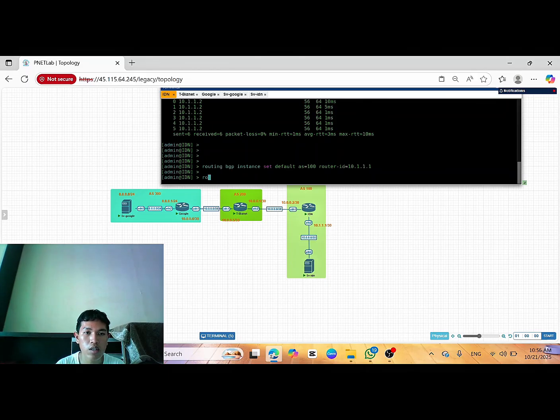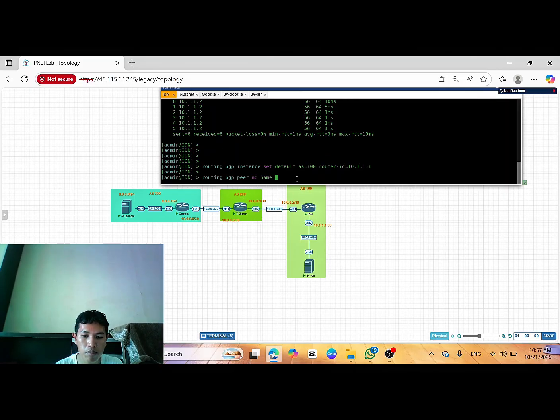And then next, routing BGP peer, add name peer. This command is for the range, from local AS to transit AS.